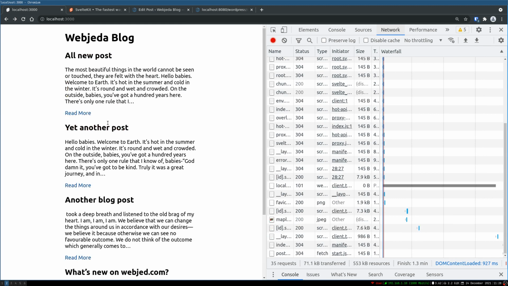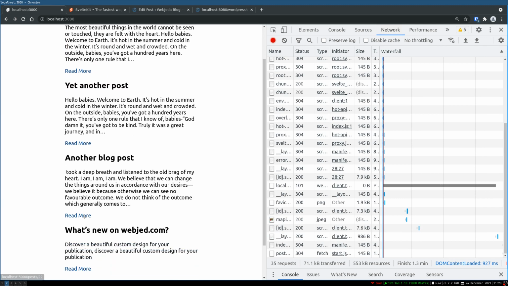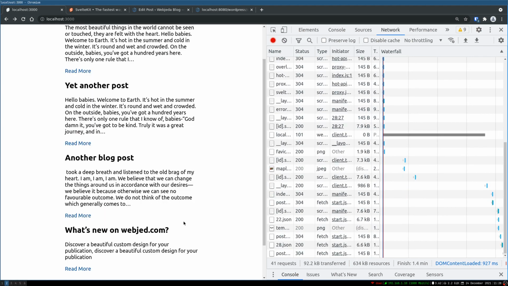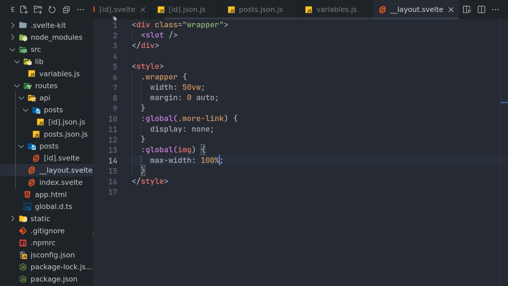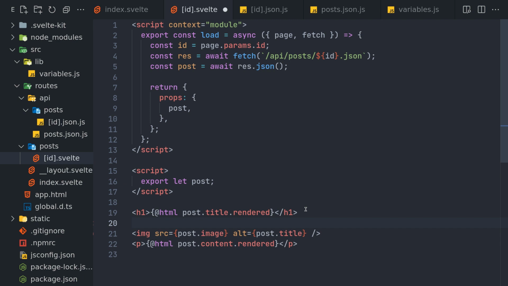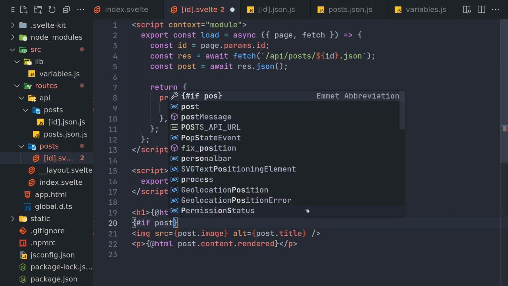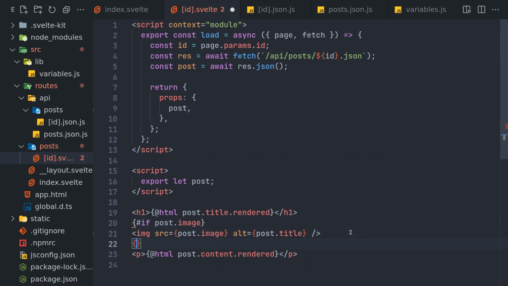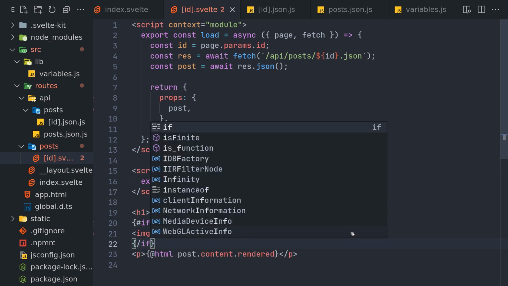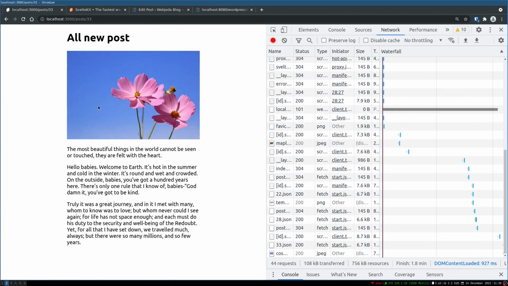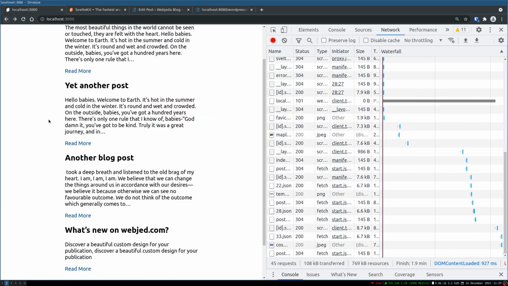But in case of the list, all other posts will have images, I mean, if you have defined them, that is also one thing we may have to handle, like maybe all posts will not have images, right? If post.image, and then we'll end it. It shouldn't throw an error then. All right, so we are getting this